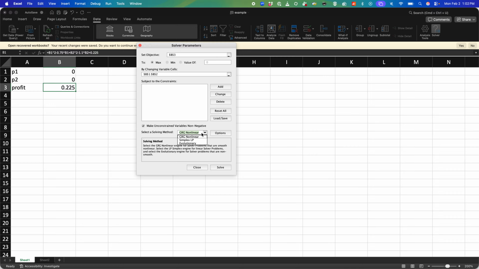Then I can select different types of solvers. GRG is going to solve nonlinear, simplex LP is for linear problems, and evolutionary is a different way, like a genetic algorithm for doing nonlinear things. But GRG nonlinear is what we're going to choose here, and I'll talk more about the different algorithms later. And if I hit solve,